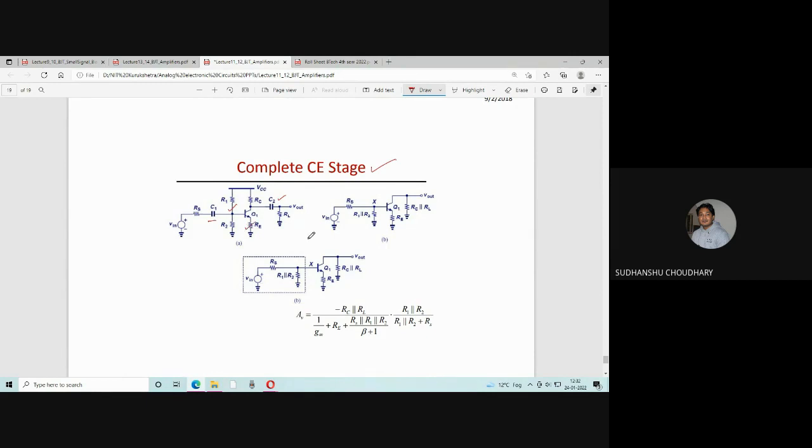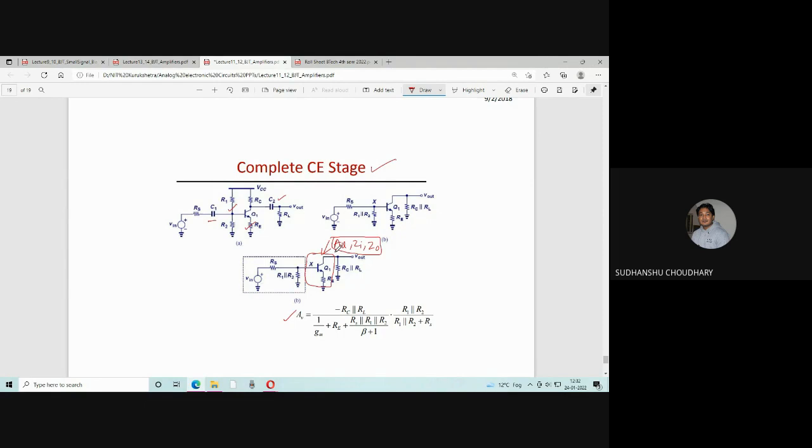So for this circuit, one can write the gain simply by looking into this portion, which is simply common emitter amplifier with degeneration. So for this, one can write the voltage gain, input impedance, and output impedance,